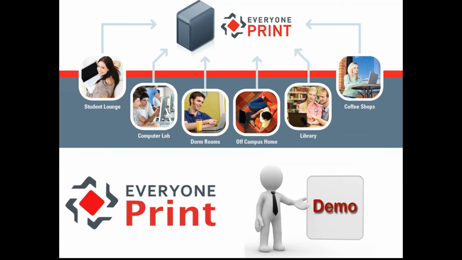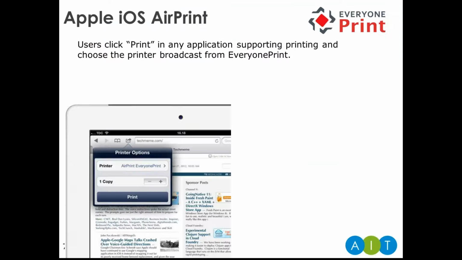So that covers the ways to print from the web portal, and there is another way to print, which is for iOS supported devices and also Android devices. For iOS devices, you can use the native AirPrint functionality built into the device. EveryonePrint is downloaded onto the wireless gateway, and it then automatically announces itself onto any iOS device on that network. And then simply go to the share via option on the application, and there'll be the EveryonePrint printers available to them there,